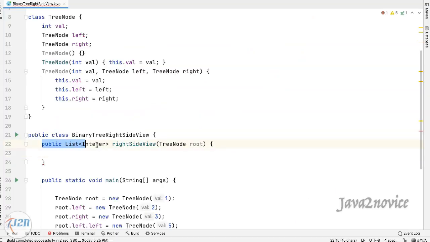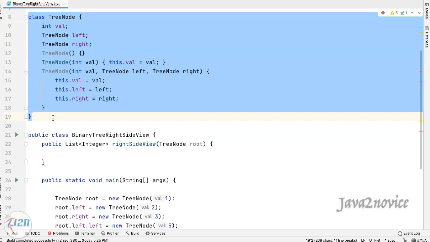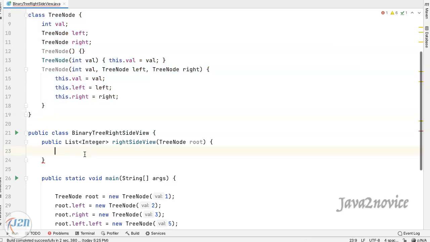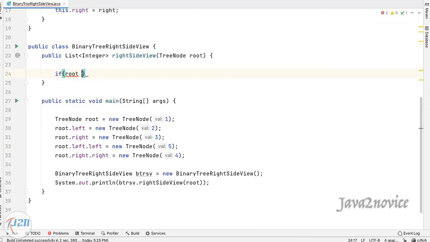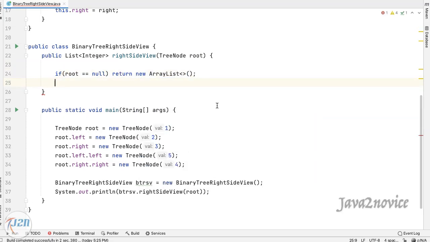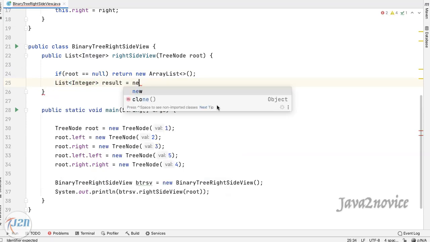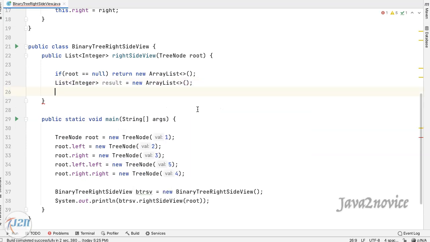I have already copied method signature from LeetCode as it is. Also, I have copied the tree node class from LeetCode as it is. If root is null, simply return empty list. Declare a list to hold right side view node values. Declare a queue.